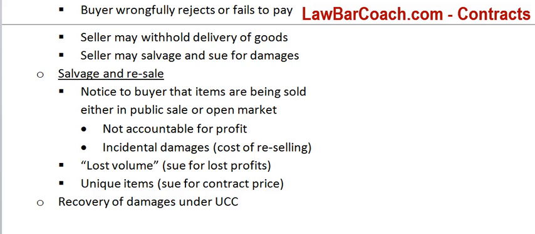What about the seller's remedies under the UCC? A couple things can happen here. The buyer wrongfully rejects, meaning that was perfect tender, but they rejected. They closed their doors when the truck showed up and said, no, these are wrong, I'm rejecting them, take them back. Or they accept them and they never pay. A couple things here. The seller may withhold delivery of goods if they never got the payment in the first hand, or if they were rejected or they withheld. They can salvage the items, and then after that's over, they sue for damages.